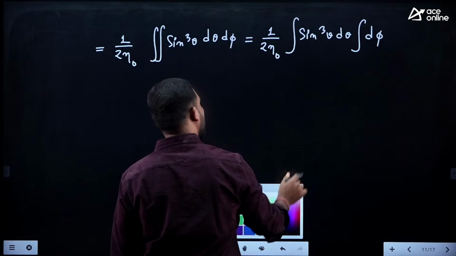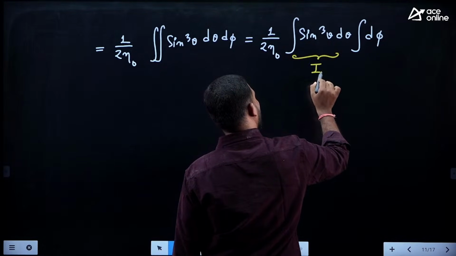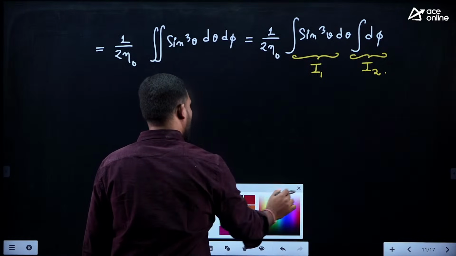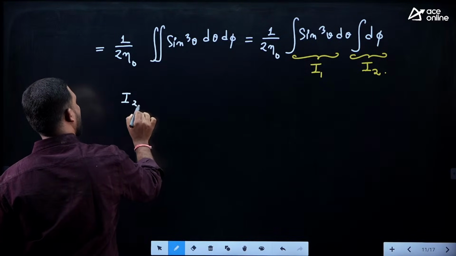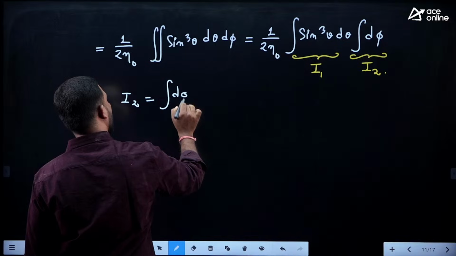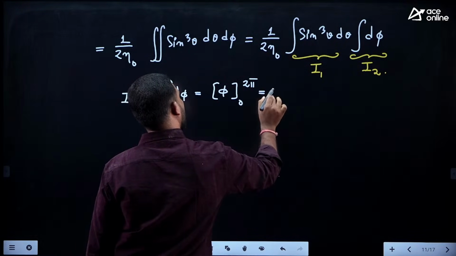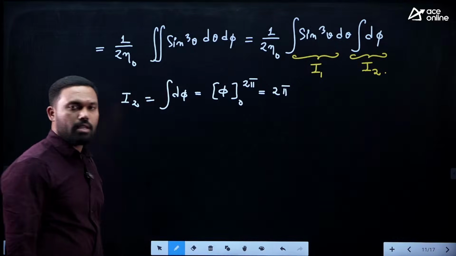So I am going to take up this integral separately. Let me call this integral I1, and this is the integral I2. So what is the integral I2 here? Integral I2 is equal to the integral of d phi. The phi limits are from 0 to 2 pi. So it is 2 pi, simple. Then how do you perform